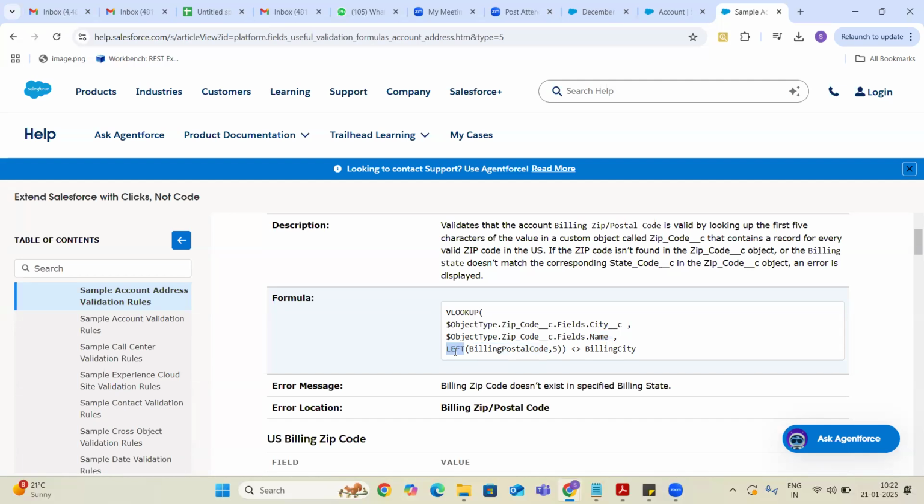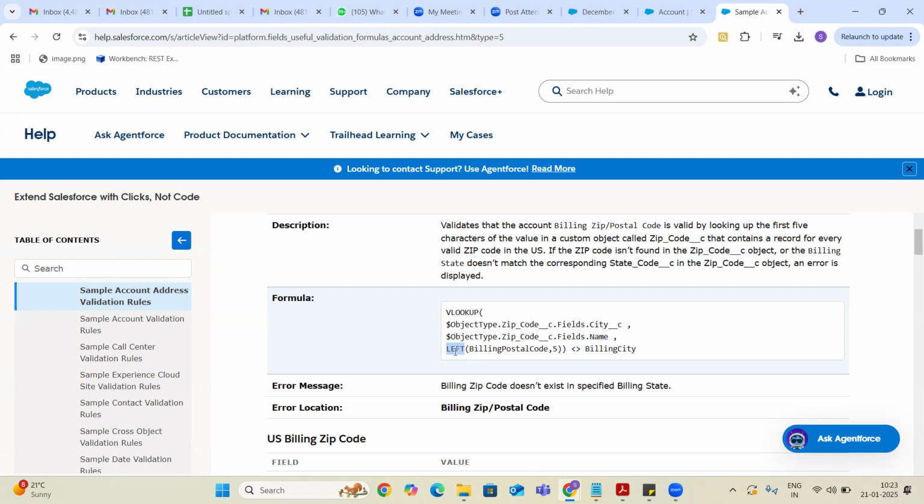Okay, left is one of the functions which gives you how many number of digits that you would like to get from a string. If you want to get left 3 digits, 3, and if you want to get left 5 digits, 5, 1 digit, 1. It applies for strings also, guys.